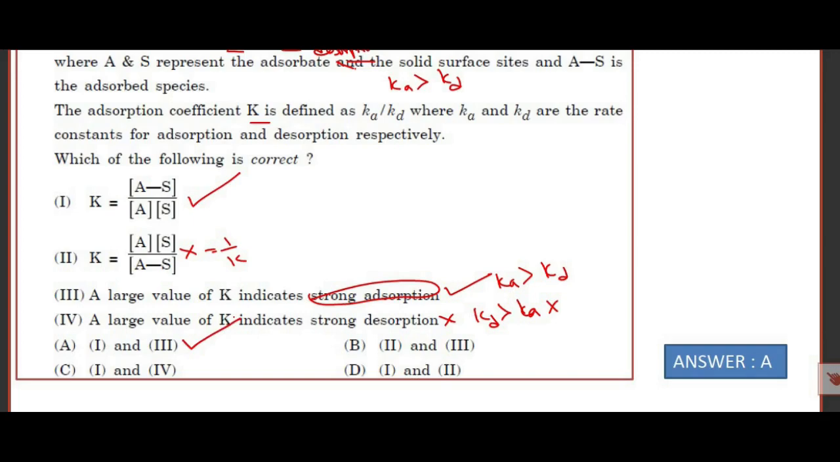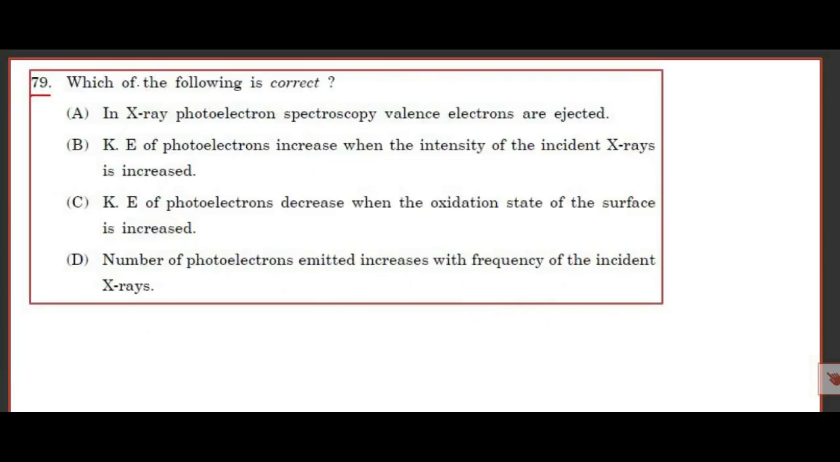Answer A is correct. Question number 79. Which of the following is correct? In X-ray photoelectron spectroscopy, valence electrons are ejected. Here the valence electron is wrong. In X-ray photoelectron spectroscopy, the electron from the K shell is ejected. It's not the valence electron, it's from the K shell. Hence option,